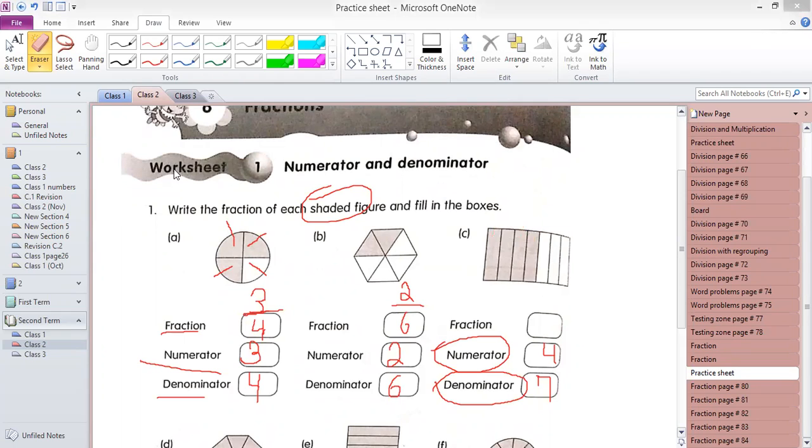What will be the fraction? Answer me in the chat box, guys. The numerator is 4. Denominator is 7. What will be the fraction for this figure? Anas Ahmad, very good. Abdul Rauf, very good. Amir, very good. Anas Fahad, I'm asking for a fraction. Ammar Yasir, no. Denominator is 7. For a fraction you have to write the slash also, numerator also, denominator also. Awab, very good. Amjad Abdullah, very good.